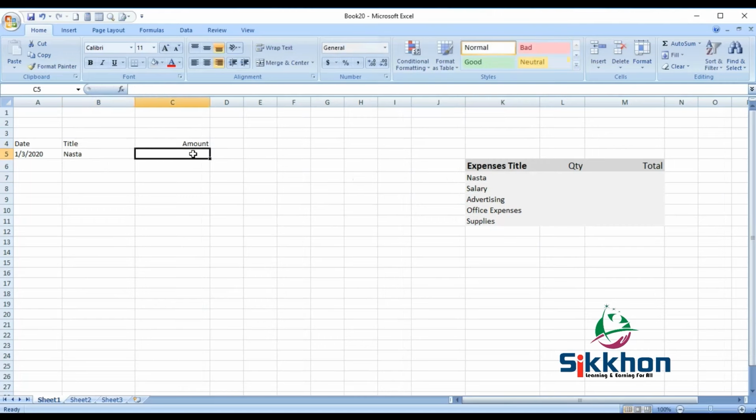Then here I simply write 550. In the same way 1/3/2020. And for example, if I write salary here, the way I am writing over here should be the same and exact on the right one. So now let us write here